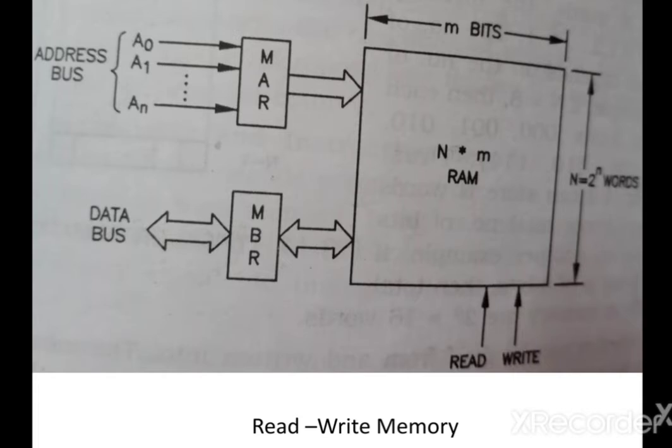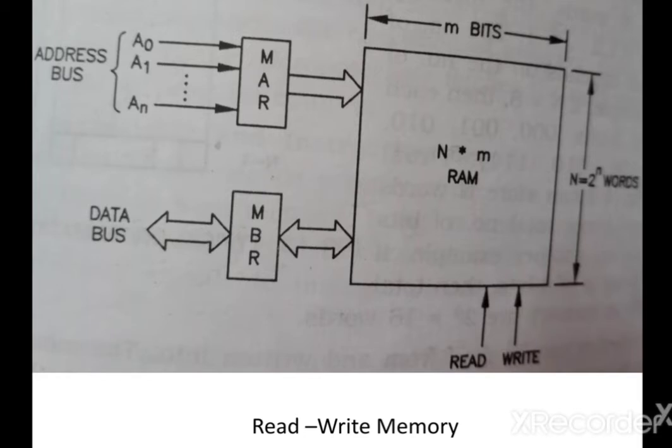The memory address register is connected with the address bus of the microprocessor. It is a unidirectional signal because it is connected with the address bus. And next, the MBR, the memory buffer register, is connected with the data bus